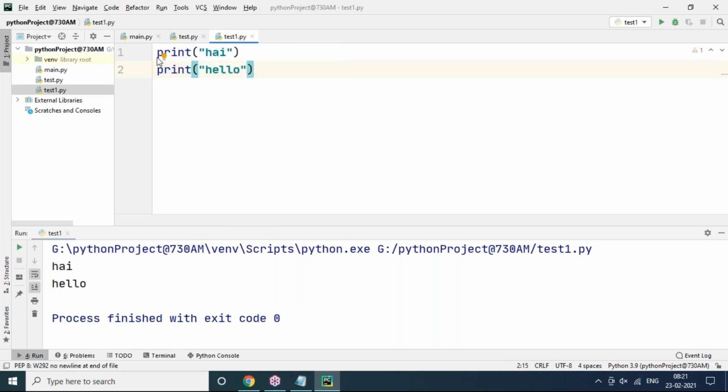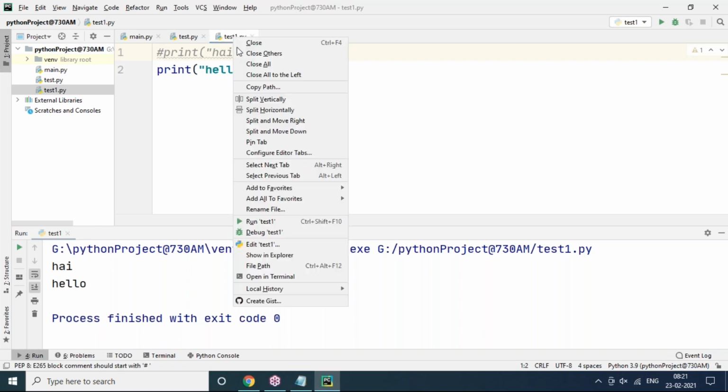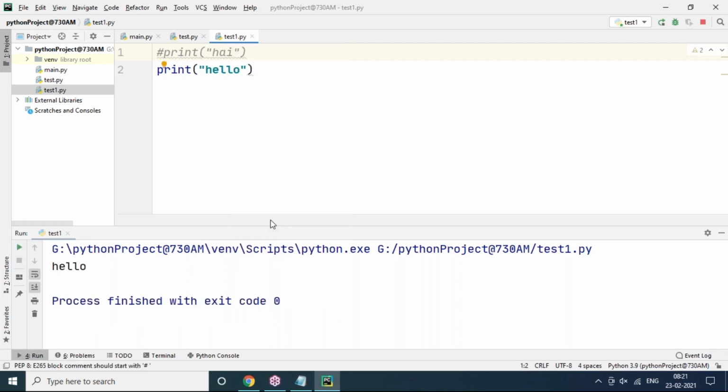If you want only one line, you can comment the other. This is the comment symbol. Let's run this one. That is a different issue. However many lines of code are available in one file, that total code will be executed. But if you don't want to execute some of the code, you can put it in a comment section. This is a single line comment. I'll tell you later in a coming session how to write comments here clearly.